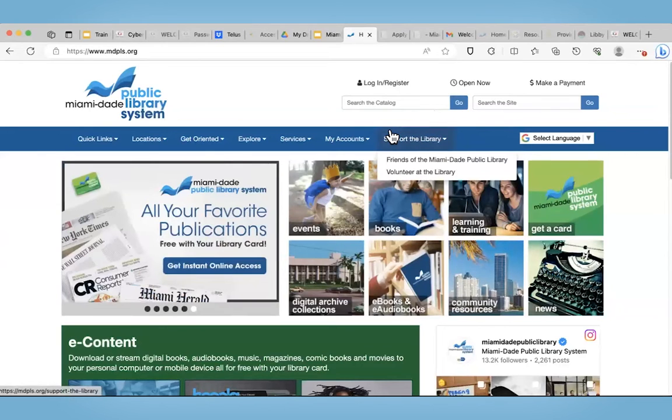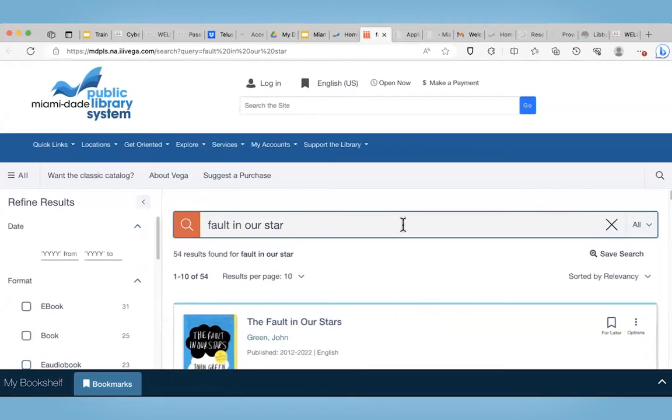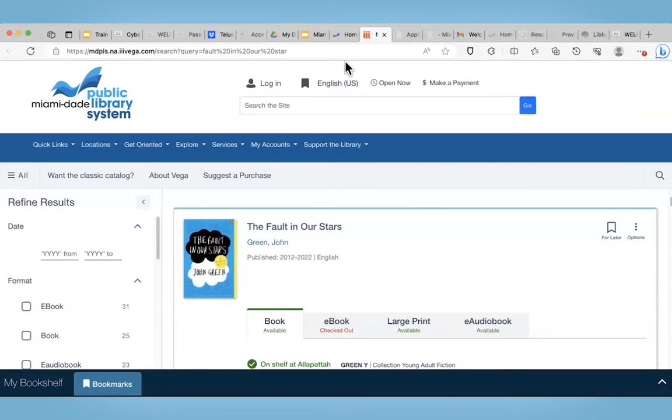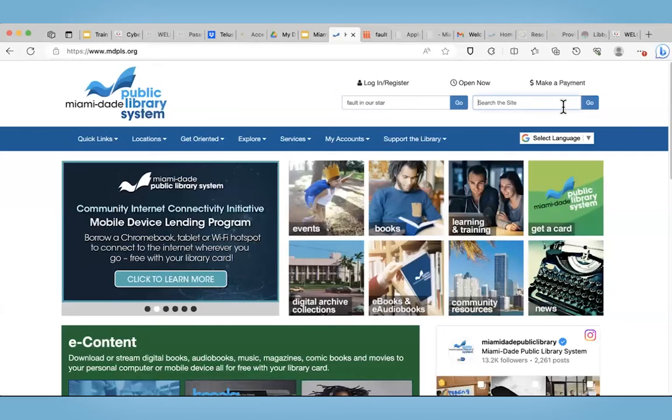I find that the search the catalog tool is really helpful in finding books. So say I searched a book I was looking for, pretty quickly it pulls them up, and we can check out that book, and we'll get more into looking at these books later. I will say out of the gate that I find